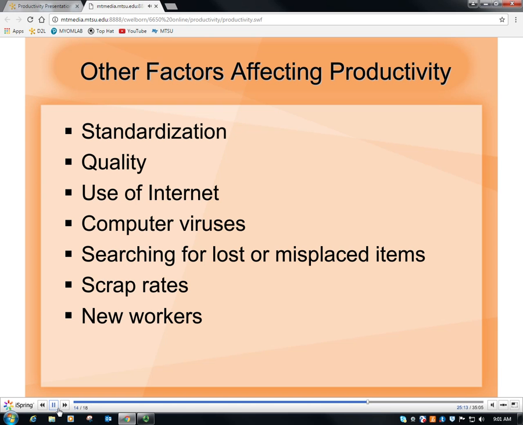Maybe use of the internet. I'm not sure if this slide means affecting in a good way or in a bad way. Sometimes we use the internet, and some people are really effective at using it to be more productive. Some people spend a lot of time on Facebook and Twitter, and that makes them less productive. Computer viruses, which is almost like any kind of downtime or maintenance issues, affect your productivity because you're still